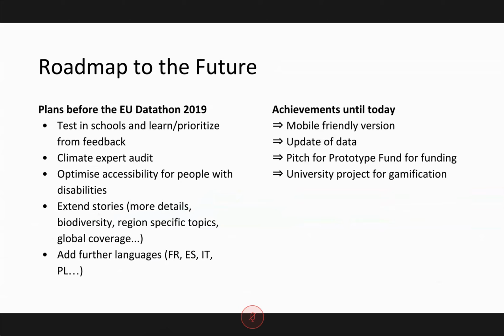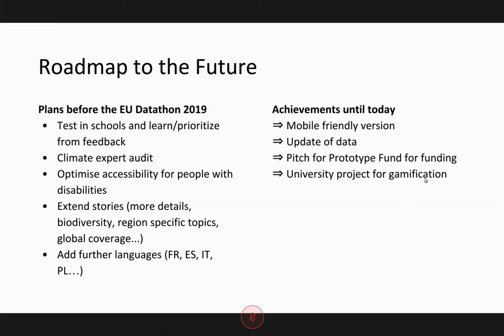So, our roadmap to the future: I kept the things we thought we would do after the EU Datathon last year. We wanted to go more into the schools, which, as I said before, was complicated already and was also difficult afterwards. So we went to the university and did a project for gamification with them.